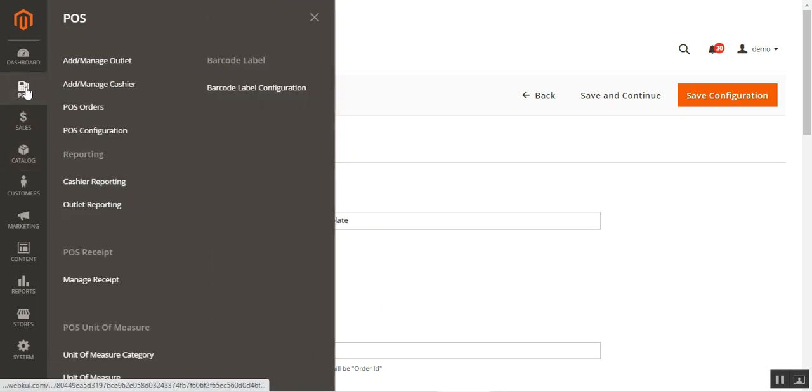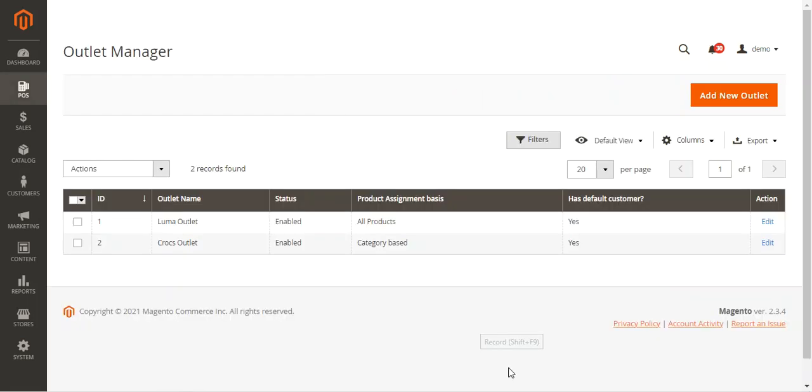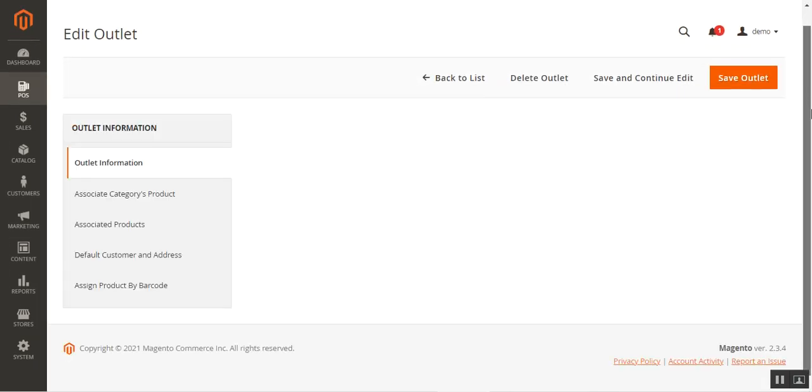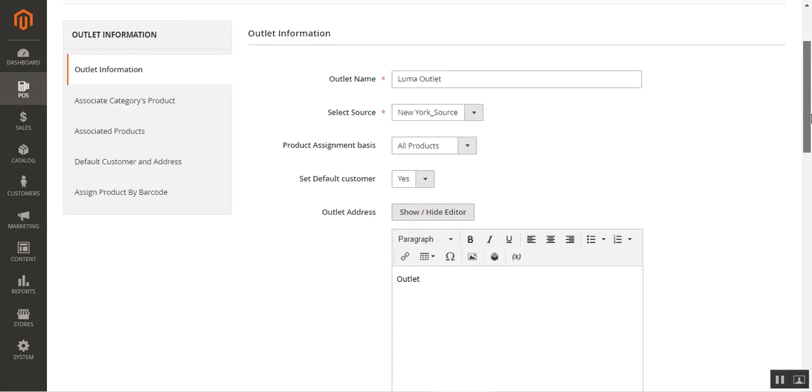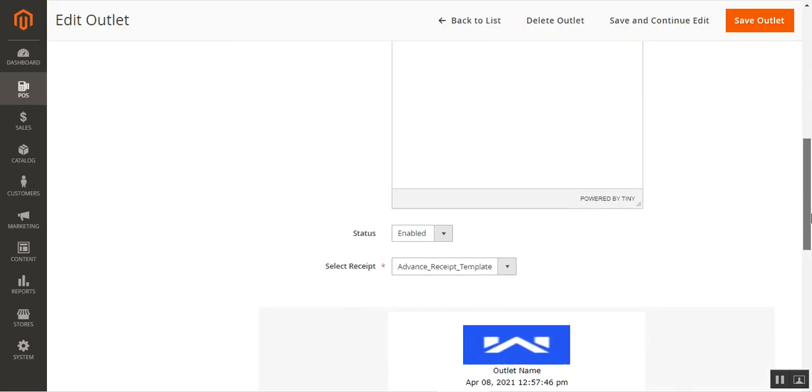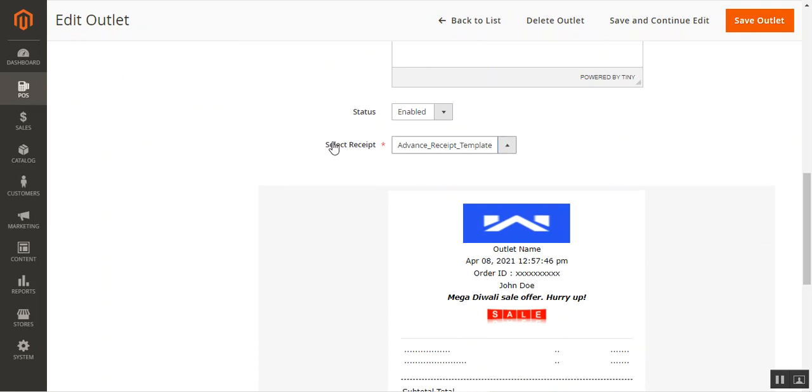So now let's see how we can assign these receipts to the POS outlets. So for that, I'll go to POS and then manage outlet. On this outlet listing here, I'll edit the outlet to which I want to assign a receipt. So I'll tap on the edit link. Now here you can see that under the order information here, we have the outlet information. And here you can see we have the option to select the receipt,